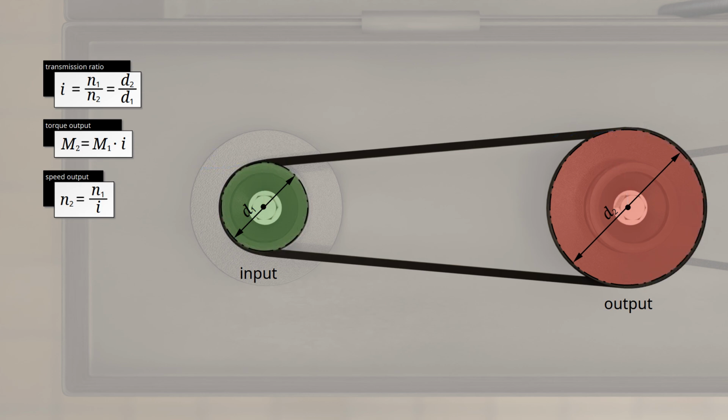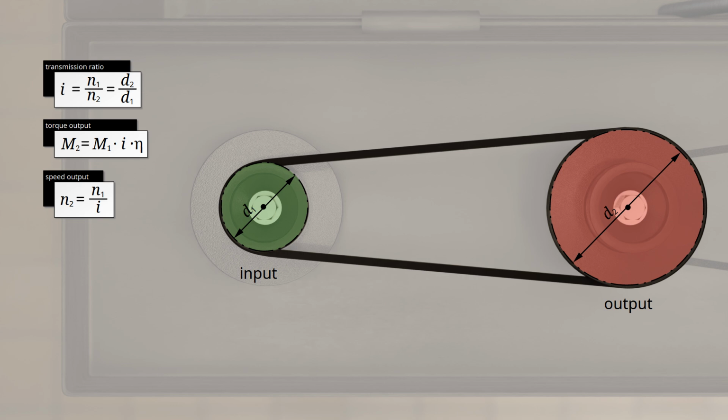The ratio of the pulley circumferences therefore corresponds to the change in speed. Since the pulley circumferences are directly proportional to the pulley diameters, the ratio of the circumferences equals the ratio of the diameters and therefore the transmission ratio. Friction can also be taken into account in belt drives with an efficiency factor that results in a reduction in output torque. However, unlike chain or gear drives, the elasticity of the belt affects the speed conversion. While in chain drives the chain speed and therefore the circumferential speed at the chainrings is the same, this is no longer the case in belt drives due to the elasticity of the belt.